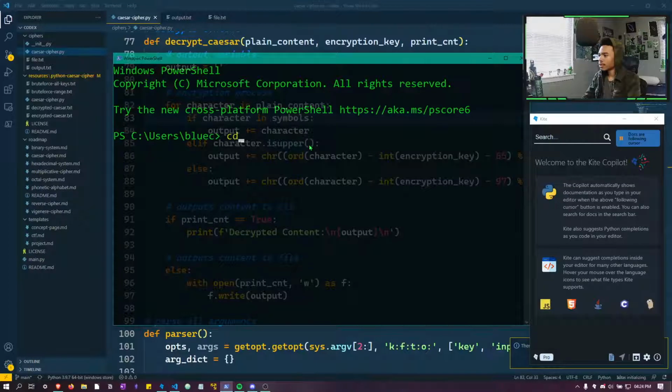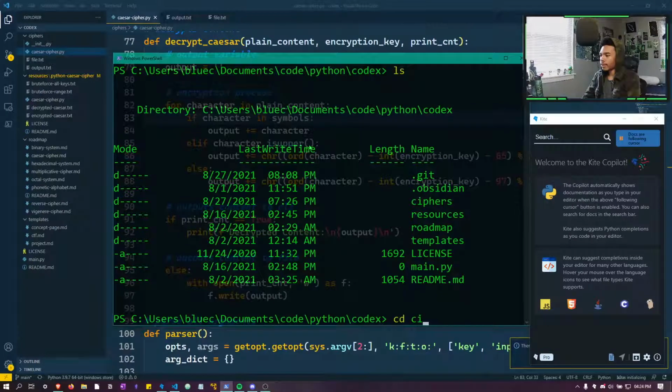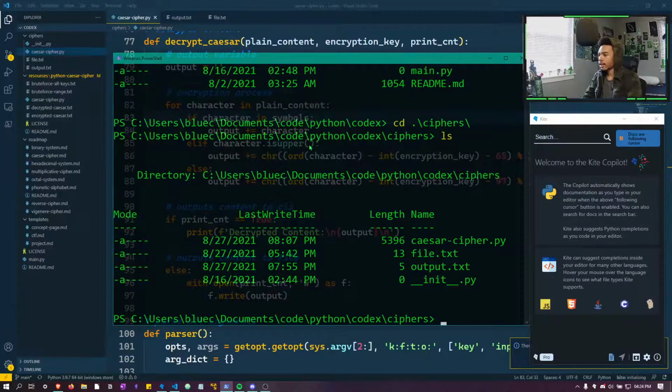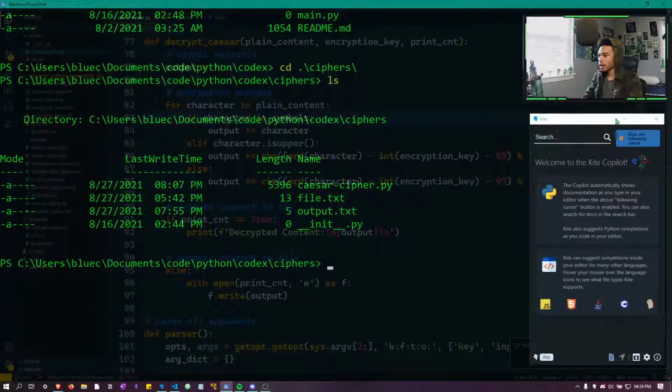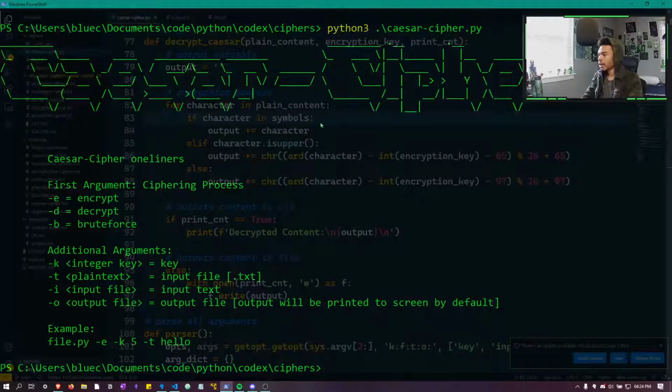So we need to cd into documents, code, Python, and Codex. Clear. Okay, so if we list, yeah, we're in the right directory. So we need to probably go into ciphers, I think, and caesar_cipher.py. So let's actually check out the progress of our Caesar cipher so far. So if we do python3 caesar_cipher.py,